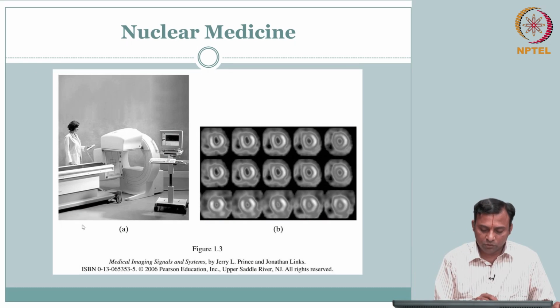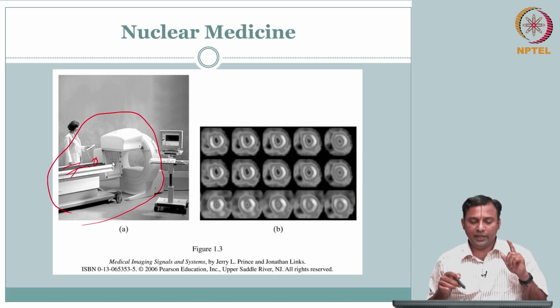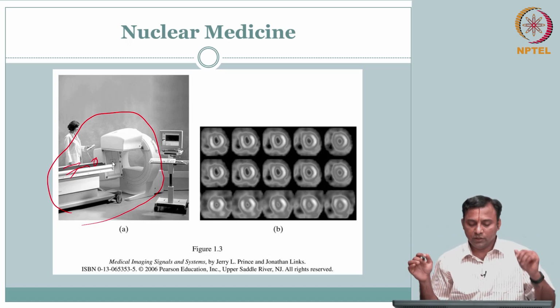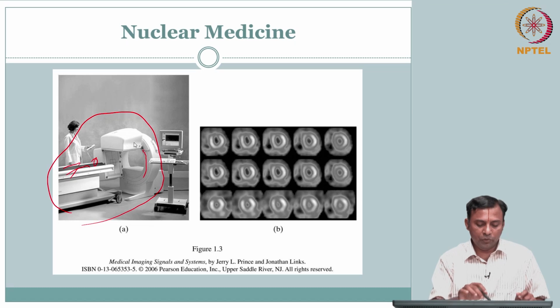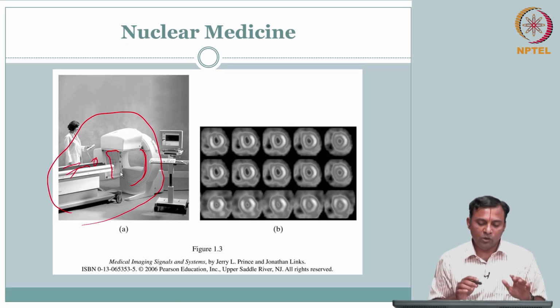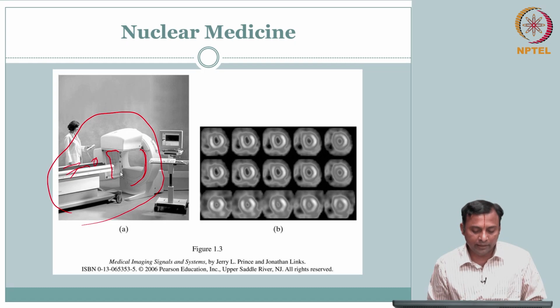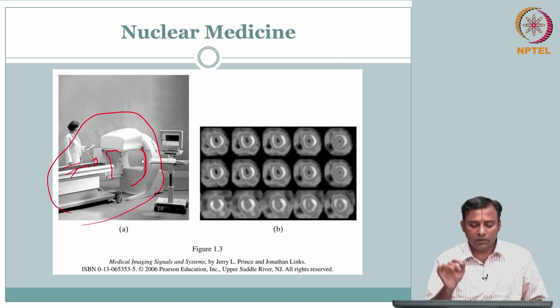Here again, just to show the setup, the patient will lie here and go in, and you have some mechanism that will move around the body. You have to get different views so as to do the tomographic reconstruction. That is what this arm will do, you see this L, it is going to move around the patient, so you can get different views. We will talk in detail later about why it is placed like that. Apart from this, what is not seen, of course, is the computer, all those things.